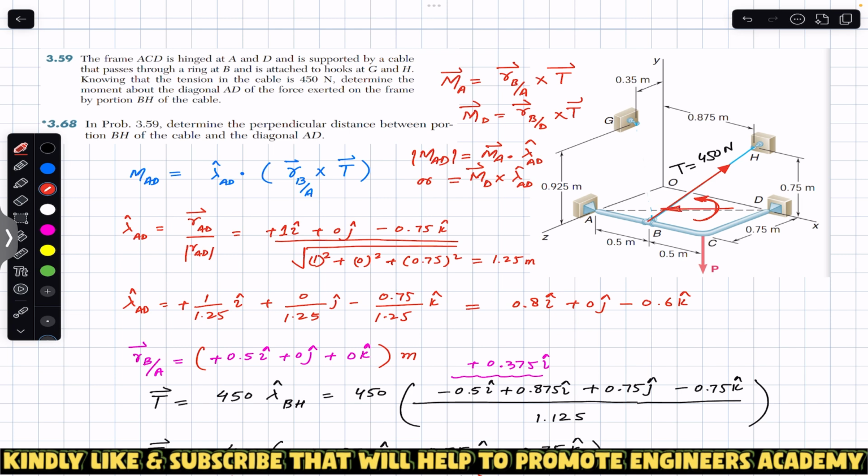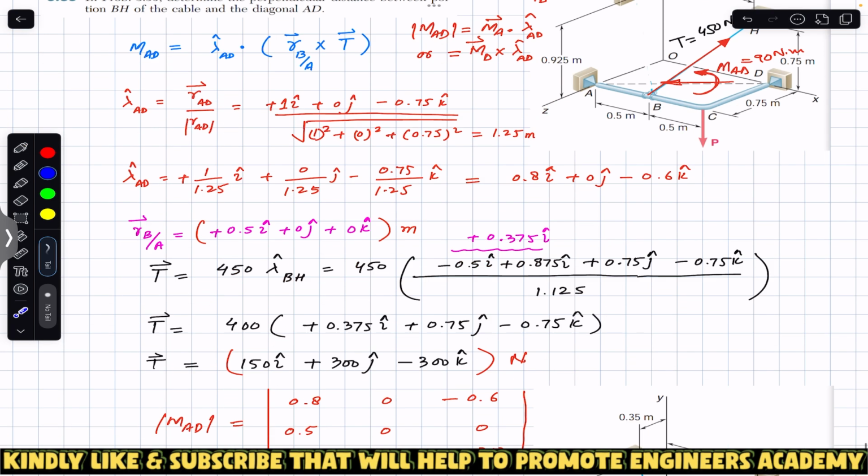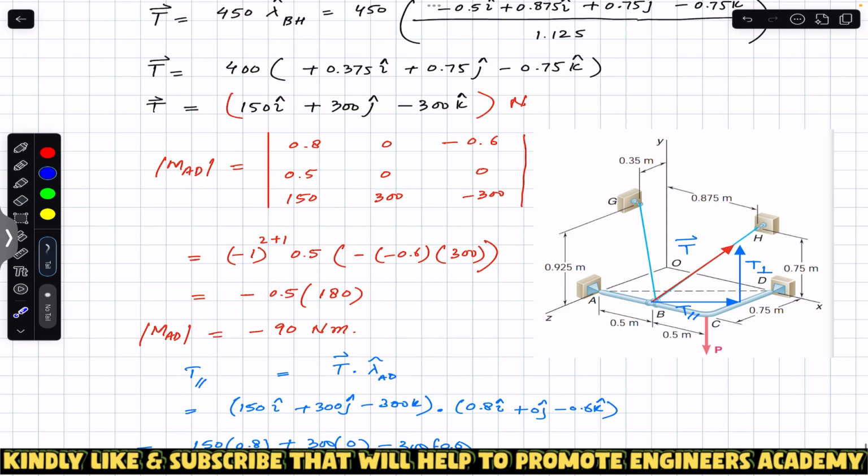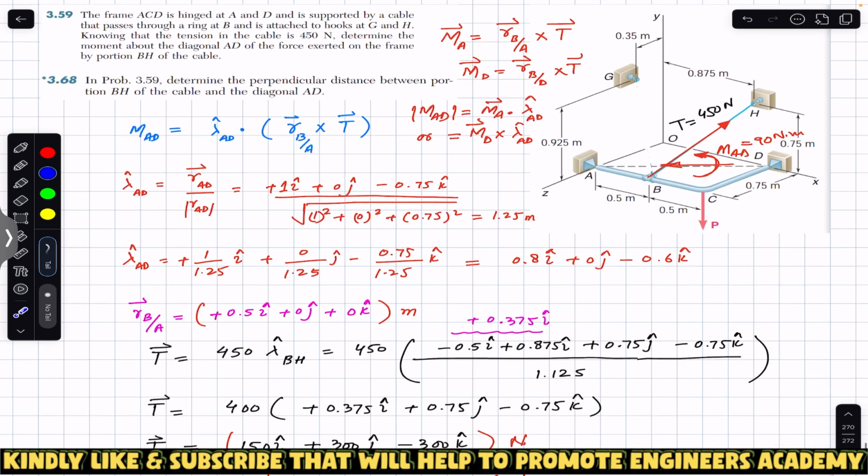So the moment AD has a magnitude of 90 Newton meter, and it is in the opposite direction of the unit vector which we have selected from A to D. So the negative sign tells us the direction. So minus 90 Newton meter is the magnitude of the moment of that tension T about that line AD. Now this problem says that